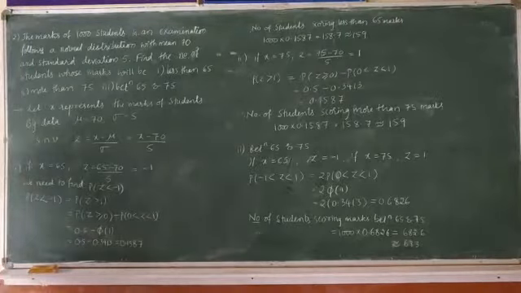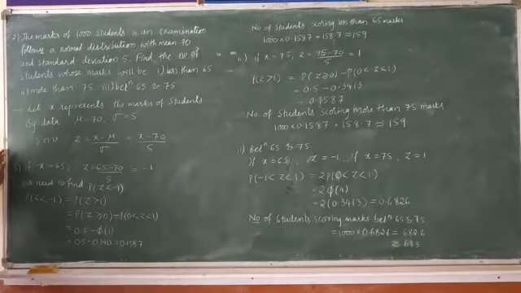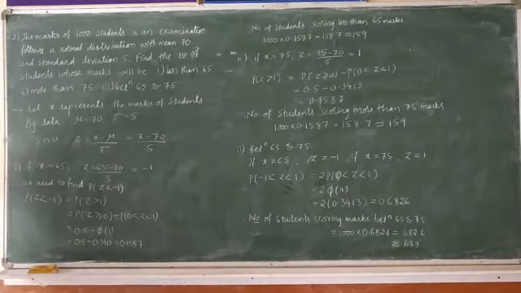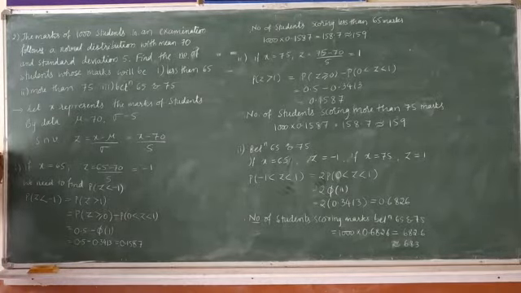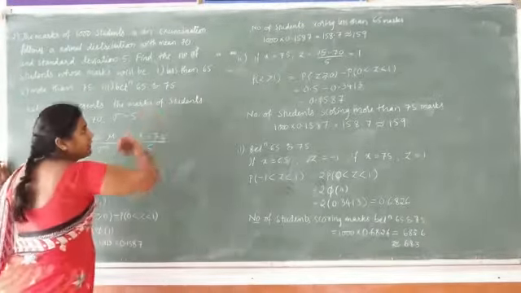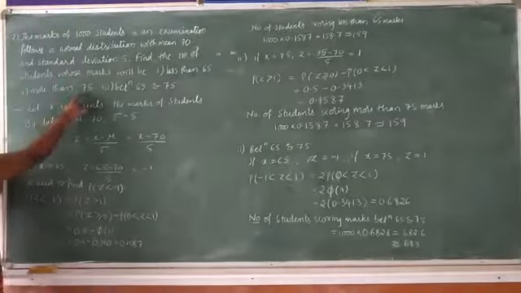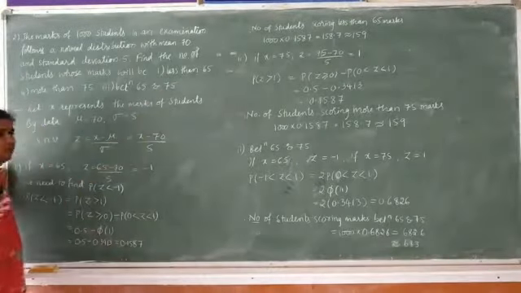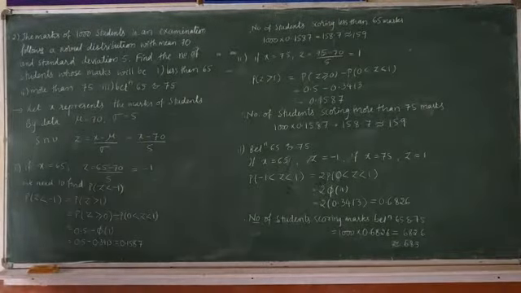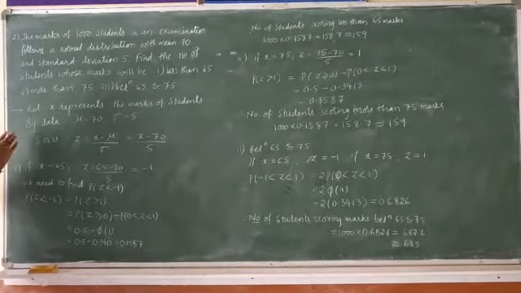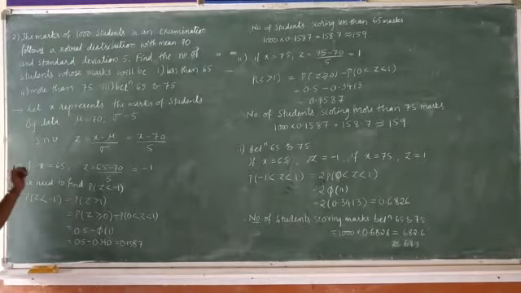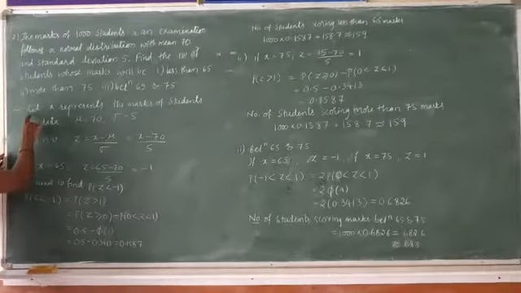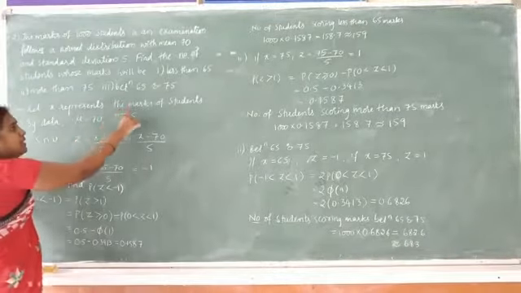Means here we are telling 1000 students in an examination scored with a mean mark of 70 and standard deviation 5. They want to know how many students scored less than 65 out of 1000, more than 75 out of 1000, and marks between 65 and 75 out of 1000 students. Before finding the number of students, first we will find the probabilities. For that, let x represent the marks of students.